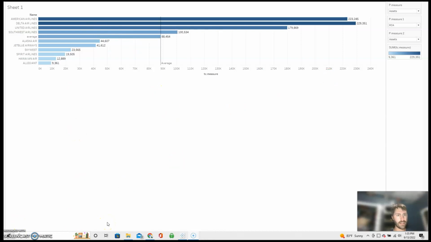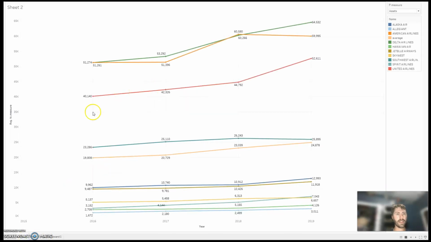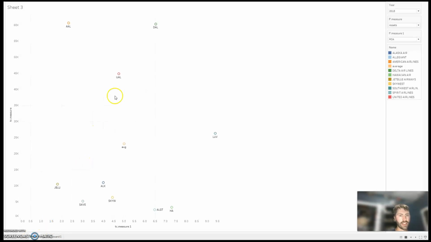So the next sheet is a line graph that actually shows more assets, and when you go over them, you can see which line is which. The green line is Delta Airlines in the year 2017, and the orange is American Airlines, and their average is 41,396, and so on. And then the last sheet is a scatter plot, and you can go over and see